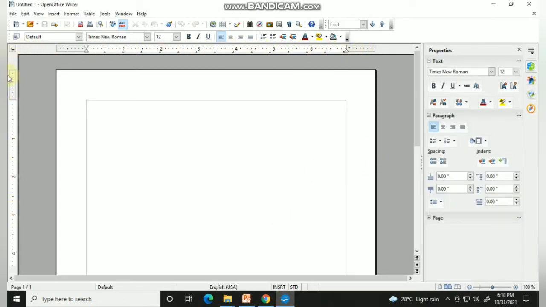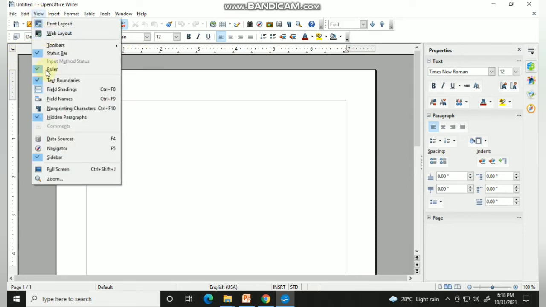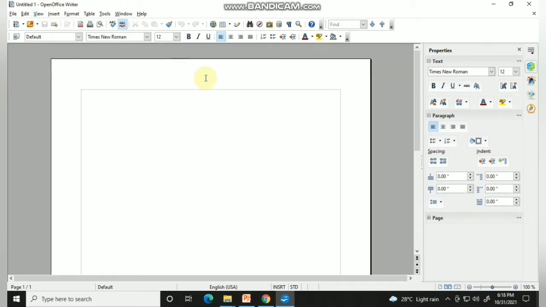If it is not presented here, I will just click View and activate it. Now this is activated. If I uncheck it, I can't see the ruler.